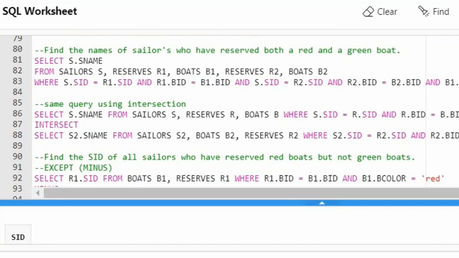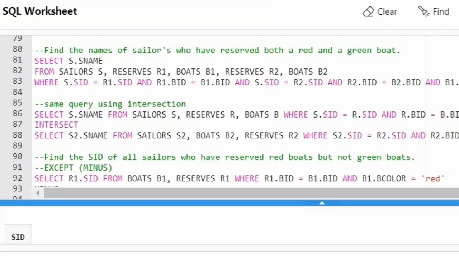And the next is intersection, which is the intersect operation, and you will be using the keyword intersect to combine the two queries. Now without intersection, to find out the answer for this query, like find the names of sailors who have reserved both the red and the green boat, this is the query you need to write. So this query looks very complex, but with intersection you can see that the query looks very simple. First I found out the red set and then the green set and then I perform the intersect operation, which will give me the common things from the red set and the green set.